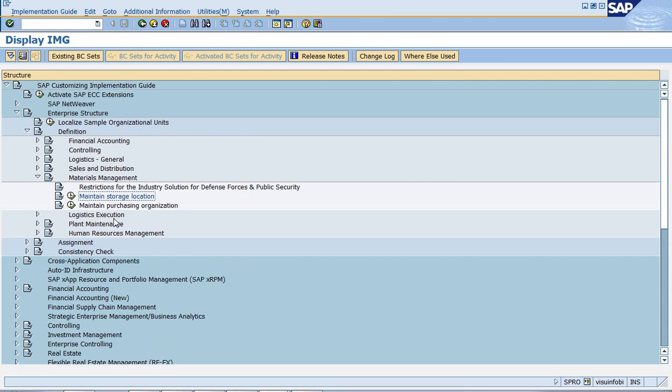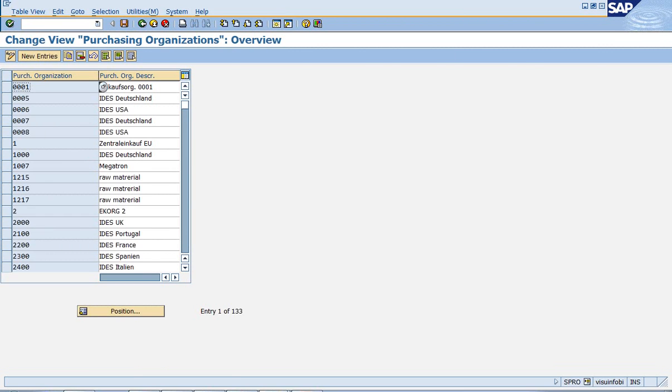Now come back. Now go for creation of your purchase organization. Like how we are going to have your sales organization, which is the highest legal entity in the sales part, in materials management also, they are going to have their purchase organization. It is not the highest level, but your plant is the highest level in materials management, but they are going to have your purchase organization. So how have you gone for creation of your sales organization? In the same manner, we shall see how to go for creation of a purchase organization.